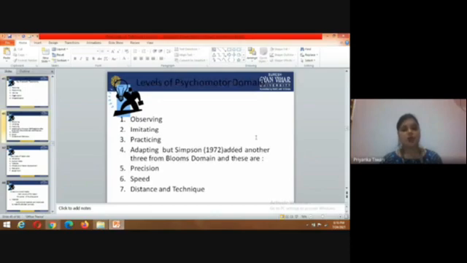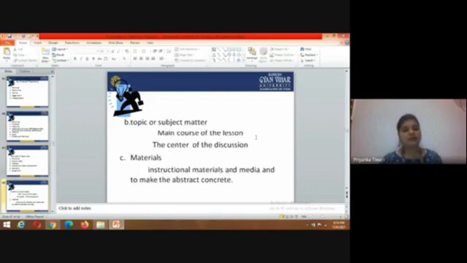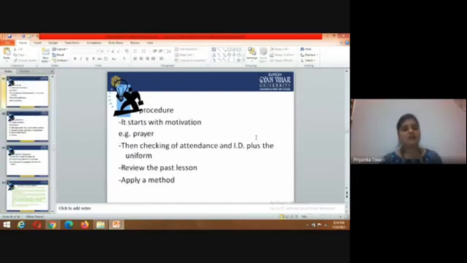So in observing, imitating, practicing, adapting, and speed, distance, and techniques. And the basic parts of a lesson: subject, objective, subject matter, materials, procedure, evaluation, assignment. Topic or subject matter, the main course of the lesson, the center of the discussion, materials,